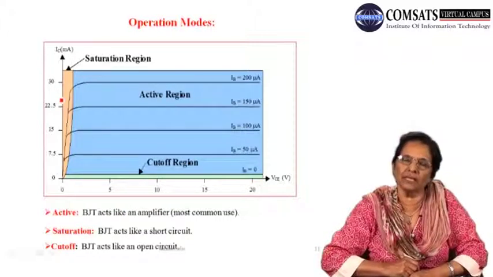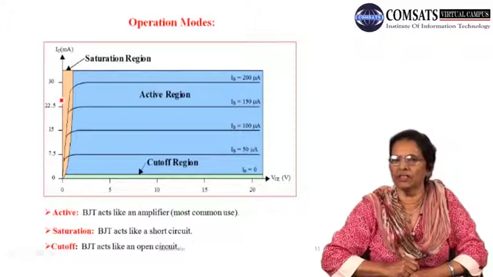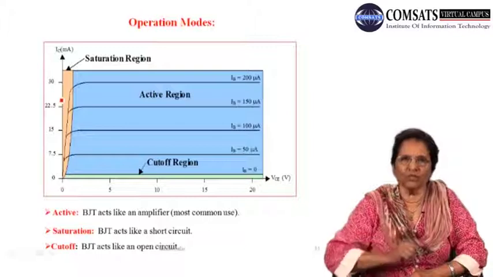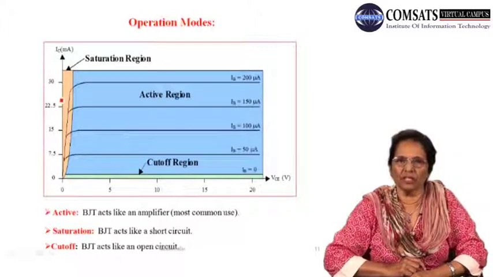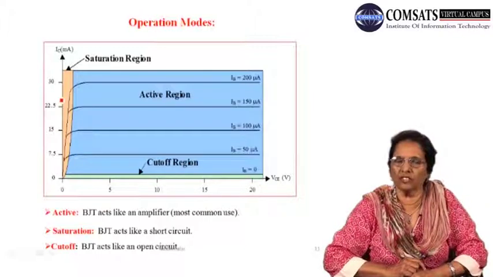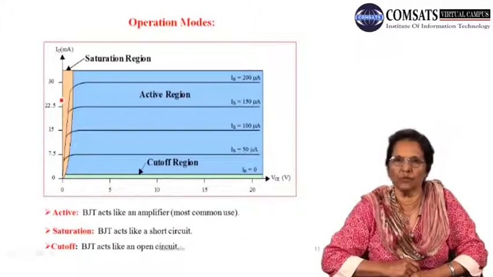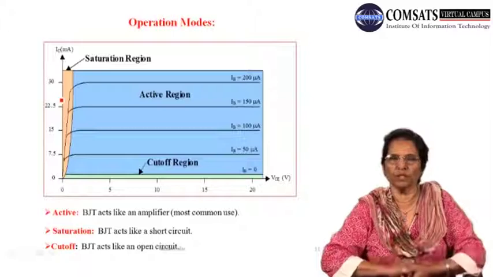You would appreciate that a large current is obtained at the collector terminal, even though it is reverse biased, as I mentioned in my last lecture. Even though this base collector junction is reverse biased, you are getting a large current of the order of milliamperes, which has been plotted in this